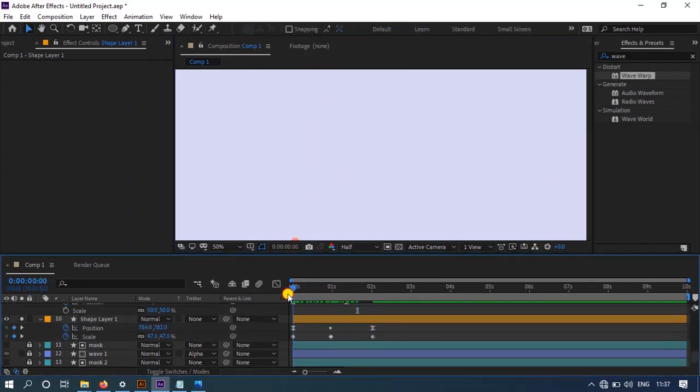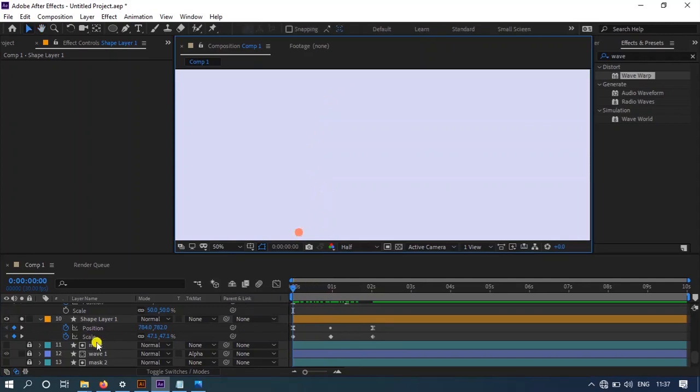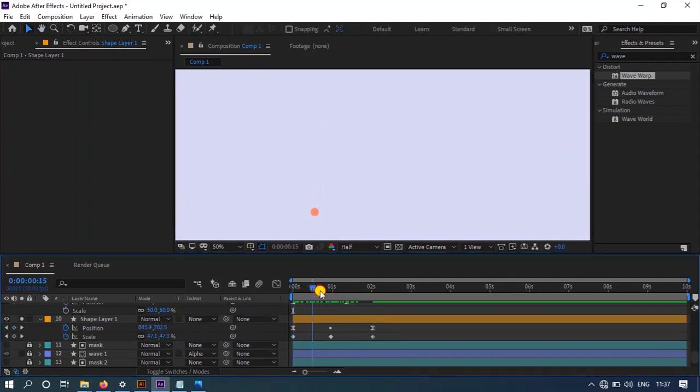So our ellipse at this point, you can delete this key from here to here. This will animating like this.